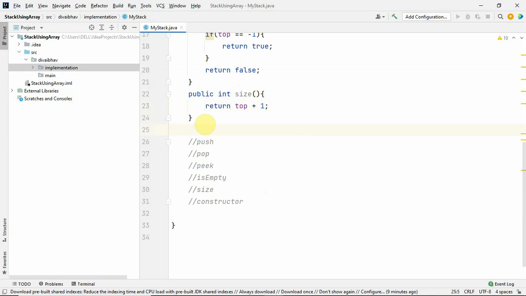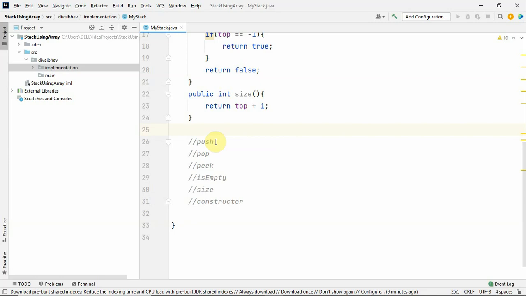Now coming to the very first method, push. What does push signify? Push is equivalent to insert. So we'll call the insert operation on a stack a push operation. This operation is going to insert a new element in the stack.